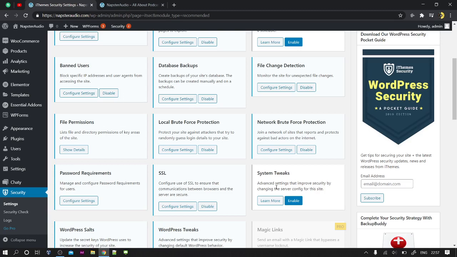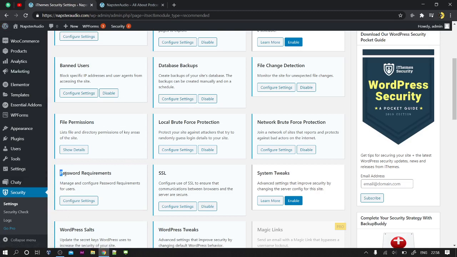When someone is trying to hack into someone's website, it will detect that this IP is trying to hack a WordPress website, and it will update the network. All the people who are using this plugin will automatically block all those IPs that are trying to hack someone. It's a great feature, and you need to enable it.